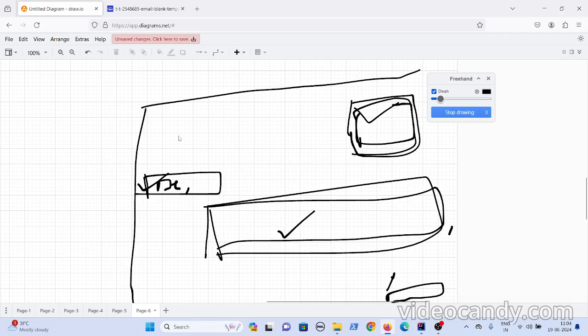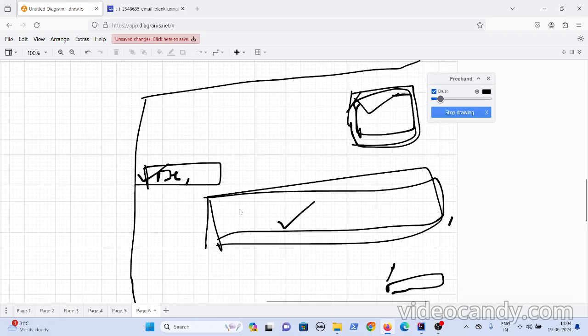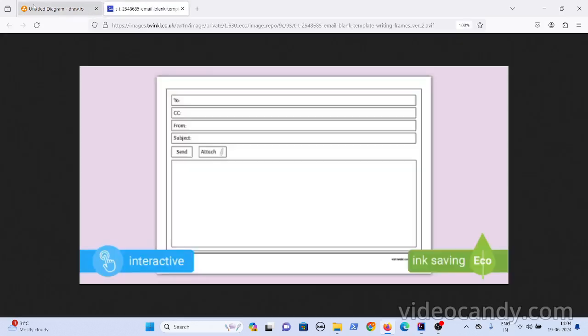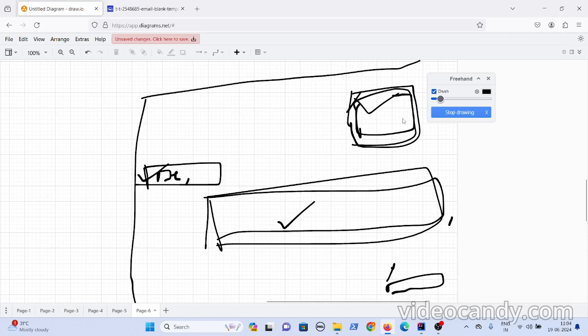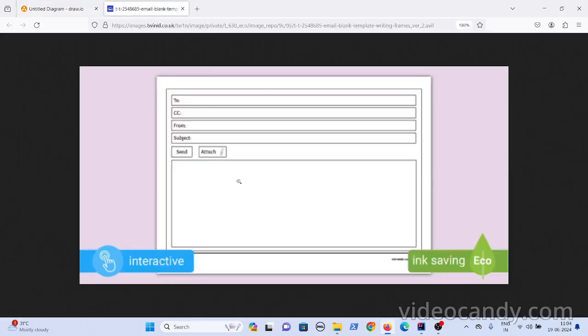Let's say all the emails follow this standard placement, like on the left side these details will be present, and here you will have the subject and all the matter. But the matter and the receiver details and sender details vary from person to person, okay. So how the email template got created: whatever is common and whatever order needs to be followed, I will take out all those common things and create a template, and whatever varies from person to person, I'll leave those details blank. Let the person take the printout and add the details. That is what has been done here for the email.